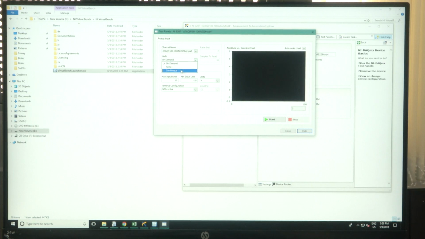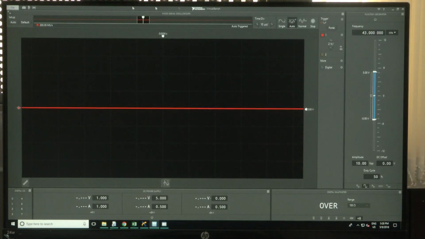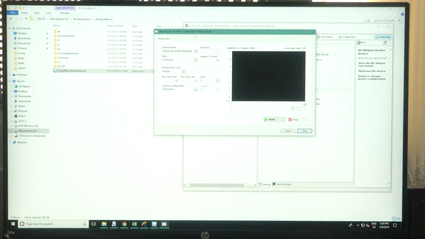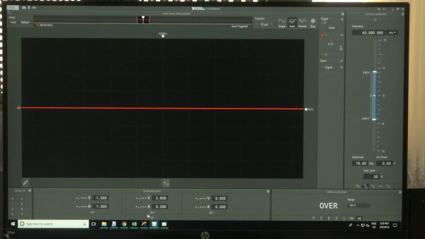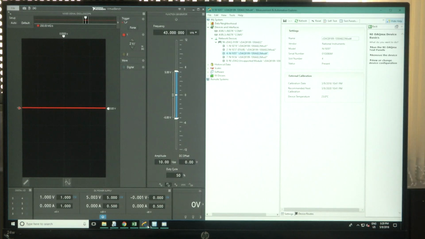I will go through the continuous acquisition, and the channel I have connected is AI0. So, I am selecting the AI0 channel, the samples to read is 10 samples and the sampling rate is 2 Hz. From the VirtualBench software which we have seen last time, I have connected a DC power supply of 0 to 6 volts as an input to this module, NI 9207. Here I will be switching on this module. Right now I am applying 0 to 1 volt.